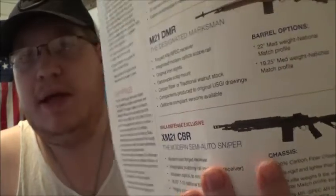Their CBR model, and the CBR with more stuff mounted on it, like they had a flashlight and a foregrip, I believe, if I'm remembering correctly. Way less than the regular SOCOM that Springfield offers, and I was blown away by that. But I was blown away by Bula Defense's version of their SOCOM, the CBR. The CBR M14 that they offer, and it weighed absolutely nothing. It weighed less than my DPMS Oracle, to put it into perspective. I held their other M1As, their other M14 rifles,